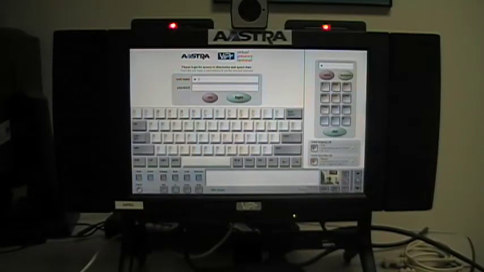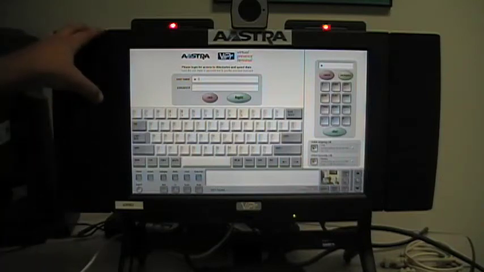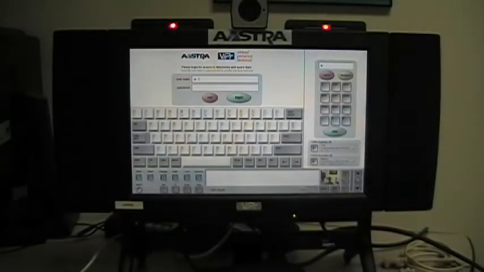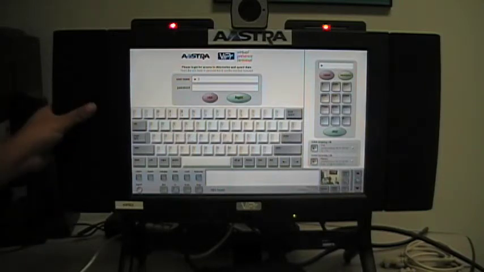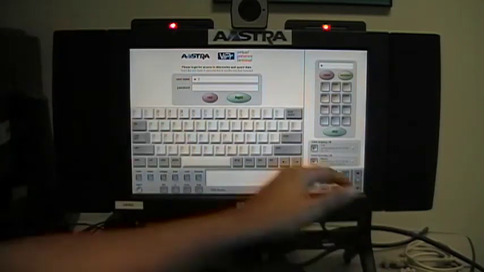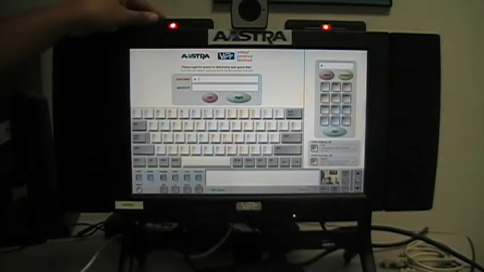This is a quick demonstration of how the ViPr terminals work. This is the 4400, the desktop unit with collaboration. This is a quick look at exactly how the unit looks. This is everything together. The speakers on the side, the camera at the top, the microphones integrated at the top